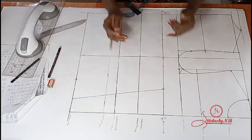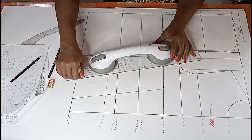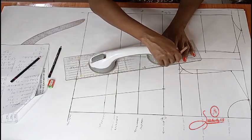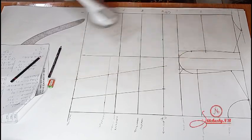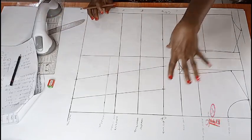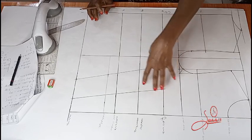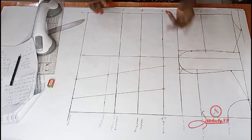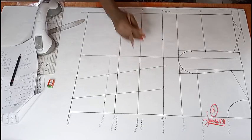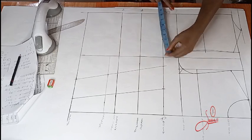So like I said, it depends on you. You can make them straight. So I'm going to connect these lines now from this point to this point. Okay, so we have gotten 2 lines here. Now these panel lines that I'm marking, it depends on how you want to divide it. It can be more than this, or it can just be 2. So for the back, I'm just going to use 2. You can still divide it by 3. Well, I'm going to use the total of this and divide it by 2. Okay,